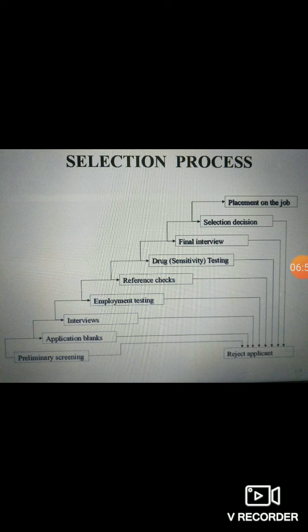Sometimes they may not have sufficient data to fill in, and very essential data they may not be able to provide. In that case, we may reject that applicant. This may happen to around 10 to 15% of the applicants. Now, if a minimum of 10% are rejected, then at this stage itself 30% of the total applicants are rejected, isn't it? The rest of the 70% will be taken to the interview session.